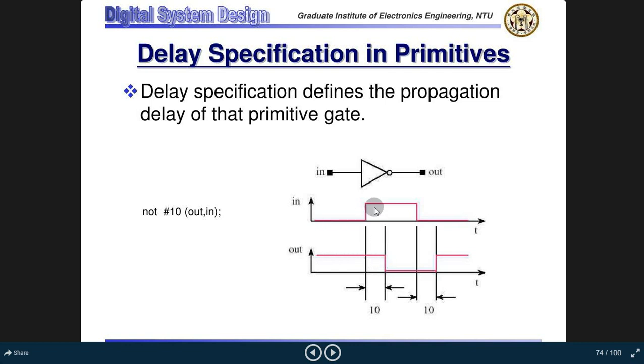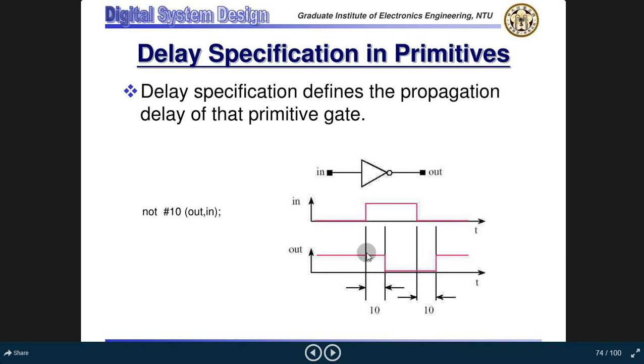Now as soon as the input is 1, the time taken by the output logic to transfer from the higher logic to the lower logic, or the zero value, is the same as the time taken by the output to go from the lower logic to the higher logic. Now this is the basic input, but this is the delay time.